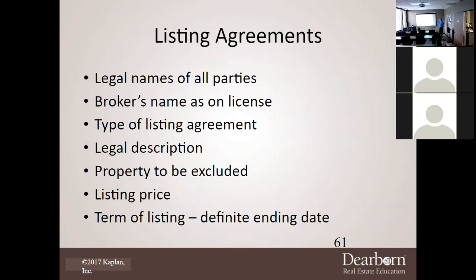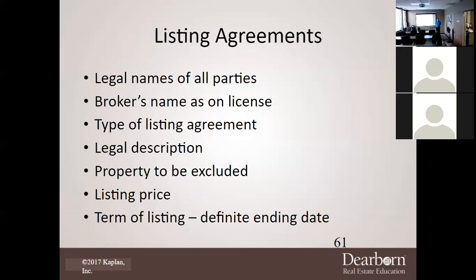You also need to come up with a listing price. Now what happens here, and I guarantee you every one of my agents sitting in this room right now can tell you, what happens if your client says, I want to sell my house for $1 million and it's located in Iola, Texas with two to three acres? It's going to be listed for $1 million, but it's not going to sell. So shouldn't you just leave that listing and move on? No. What can you get out of it? Marketing. You can get leads.